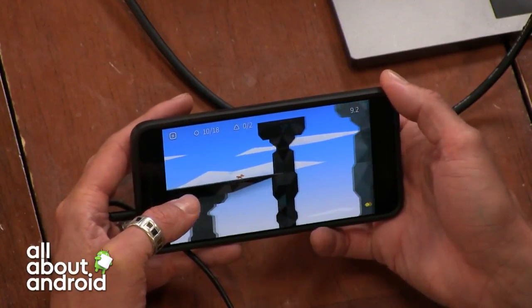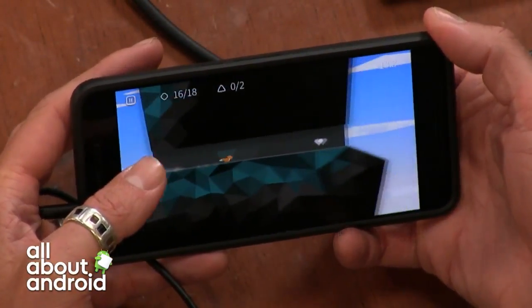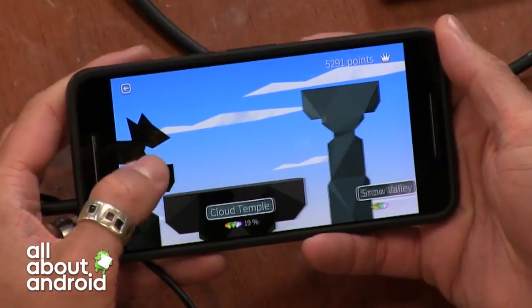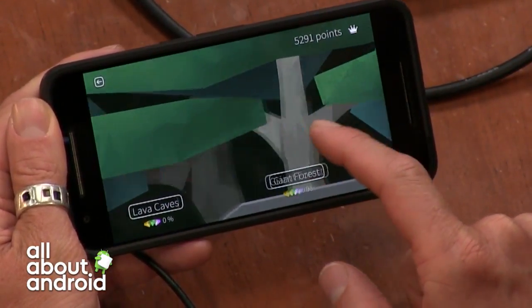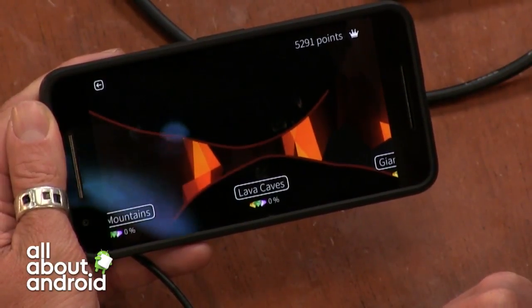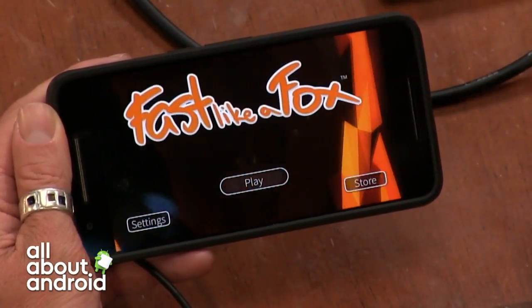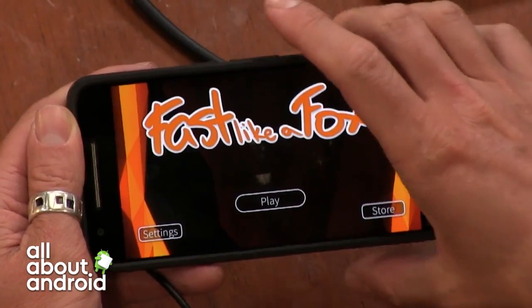And look, guys, it's material design. Kind of. Don't those rocks look like the different wallpapers? Yeah, it definitely has touches. Where's the floating action button? It's an on-screen control. Where's the fab? Where's the star fab? There we go. Fast like a fox.